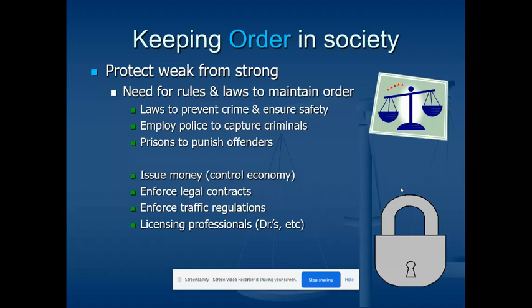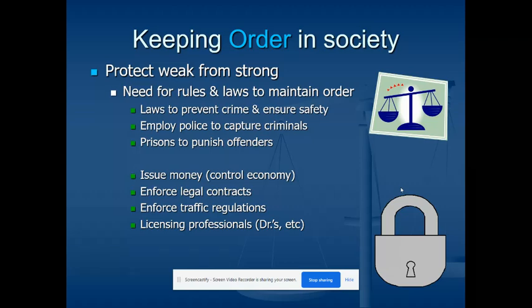Licensing a professional helps to keep order because, say you have appendicitis, you don't want a doctor operating on you who hasn't been trained in anatomy. So if it's a person who's a doctor of science, well, that's not a good example. Let's say it's a doctor of political science. That person doesn't necessarily know enough to be able to take out your appendix. So instead, you want a medical doctor, somebody who's been trained, and probably a surgeon who's been specifically trained in surgery.